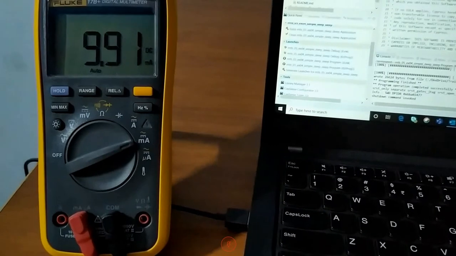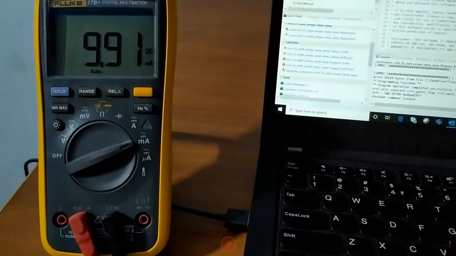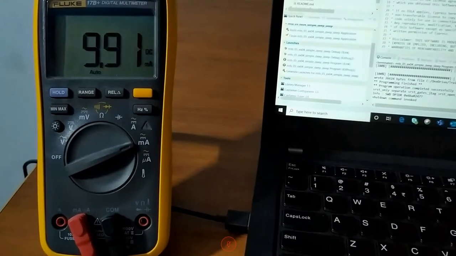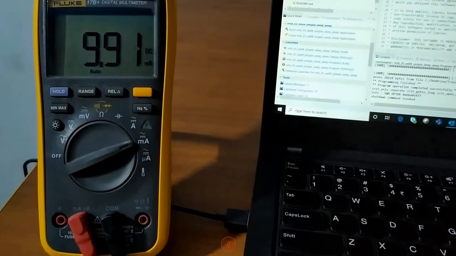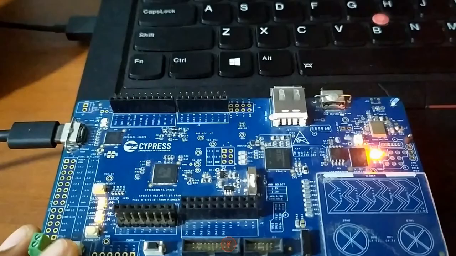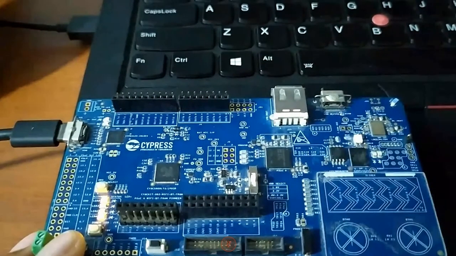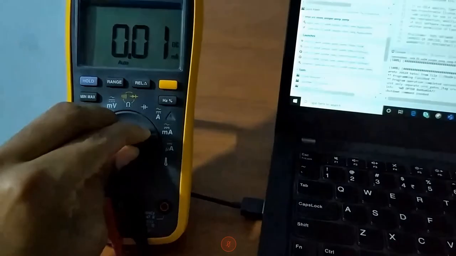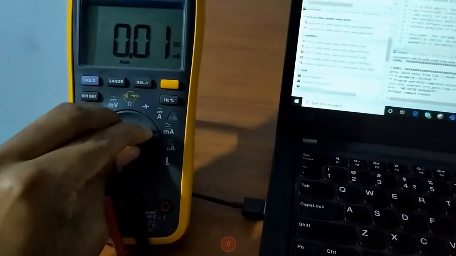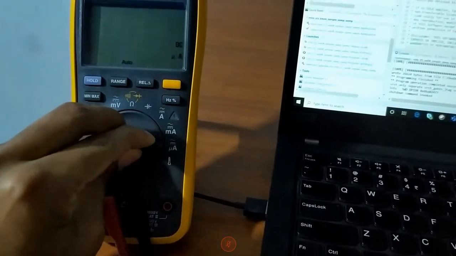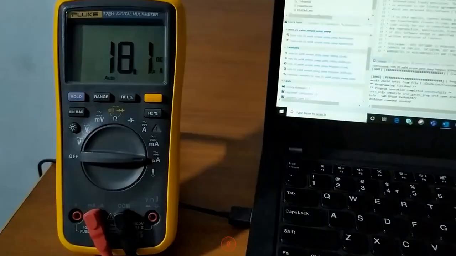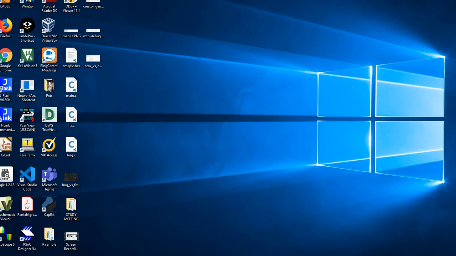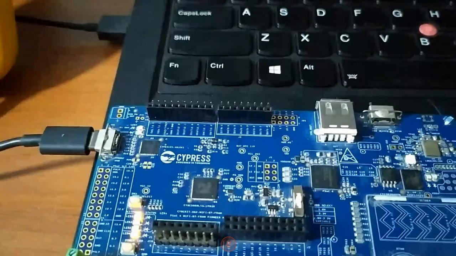But when the button is pressed and the LED blinking stops, I've used a single HAL API to send the PSoC 6 into low power mode. Because of this, you see that the current has reduced to about 18 microamperes. And when I press the button again, the LED blinking continues and the current goes back to 10 milliamperes.